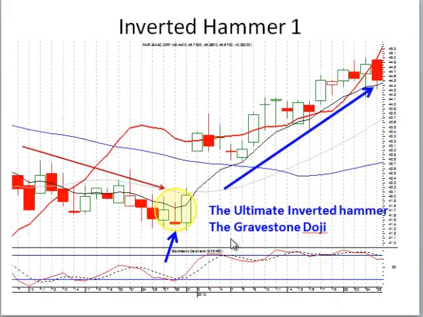As we can see in this illustration, the ultimate inverted hammer is the gravestone doji, where they open it right near the bottom, take it up, and close it right back down where they opened it, right near the bottom. And as you'll note in this one, once they have confirmed the buyers, which was in this case where they closed it back up above the T-line and closed it right here at the same level as this downtrending channel,